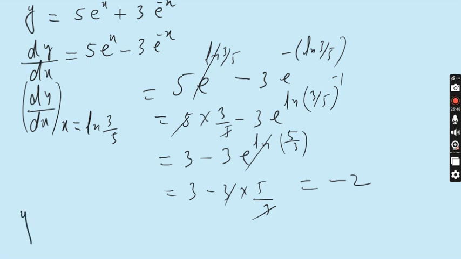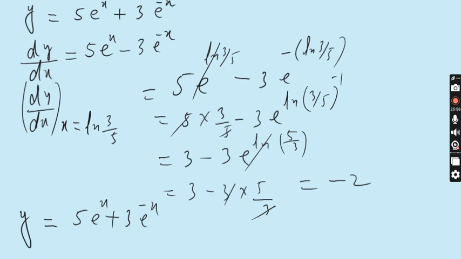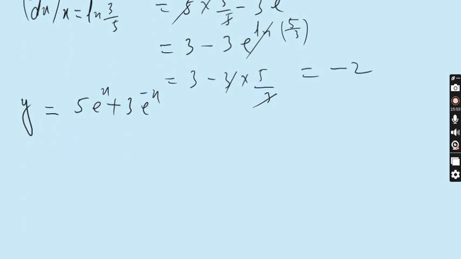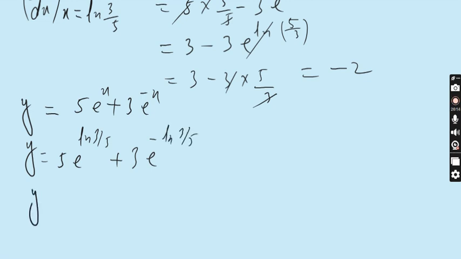Now y is equal to 5e^x plus 3e^(-x), because in order to find the equation of tangent, we need x1 and y1. So y is equal to 5e^x, x is ln 3 upon 5, plus 3e^(-x), x is given ln 3 upon 5. So y is